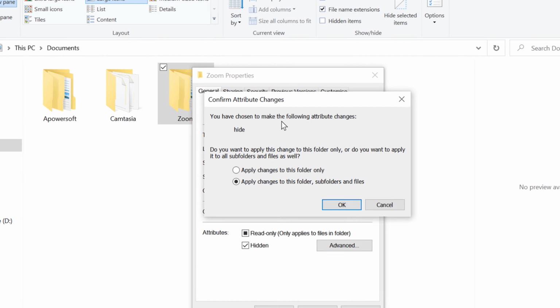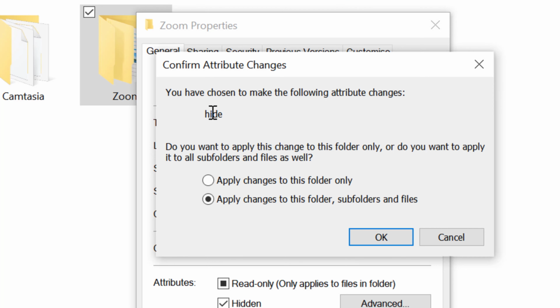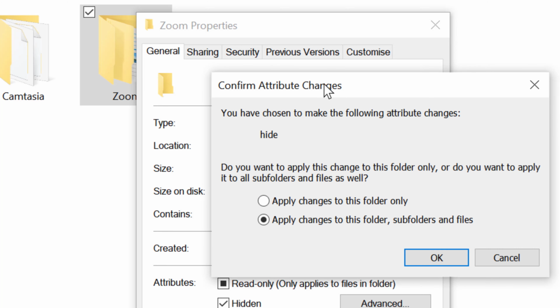You have chosen to make the following attribute changes: hide. Do you want to apply these changes to this folder only, or do you want to apply it to all subfolders and files as well? So if you want to apply it to all subfolders and files, check this box: Apply changes to this folder, subfolders and files. And if you want to hide only this folder, not subfolders, select the first one. I want to hide all folders, subfolders and files, and then click on OK